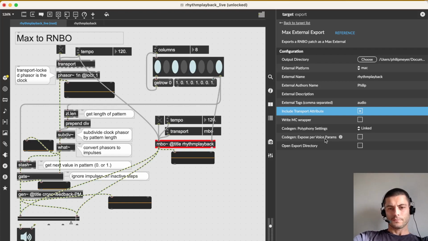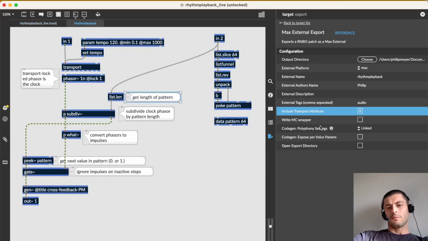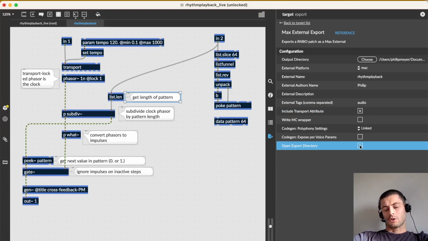So it's pretty awesome. These polyphony settings have really more to do with the scenario where you're building a synth that accepts messages like MIDI note on and note off events of some other kind, and you have to do kind of voice management in that type of situation. So they don't apply to us here. And finally, open export directory. This is just where we say whether, when it's done exporting, it should open the file for us in the file browser. So with all those selections made, I'm going to click this button in the lower right hand corner,